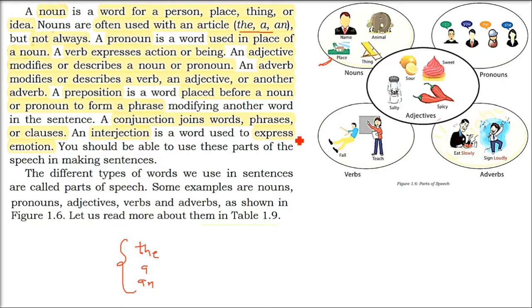A pronoun is used in place of a noun. For example, you are talking about someone, say Rajan. Now Rajan goes to the gym. Now he generally goes in the evening. So you have been speaking about Rajan only, and he is Rajan only. You are calling him he. So this is a pronoun. A pronoun is used in place of a noun only. I, you, he, she. You are not talking about the name, but you are referring to some person, place, thing, or idea.